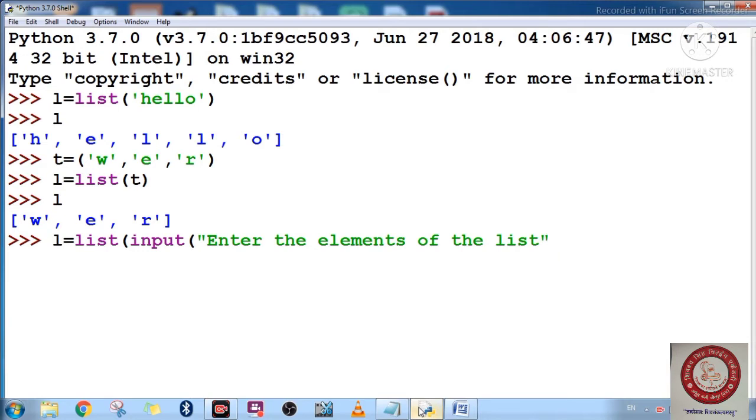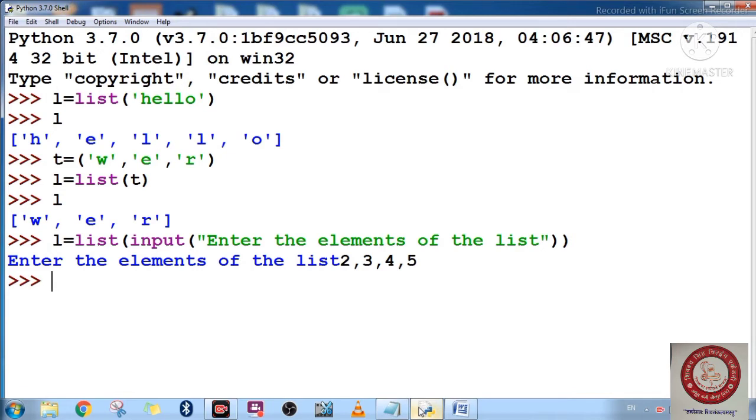Then you will just proceed like this, press enter. Now once it is pressed enter, it is asking for the elements. Suppose I have written here 2, 3, 4, 5, then press enter. So now what is happening here? You have entered 4 elements in a list.